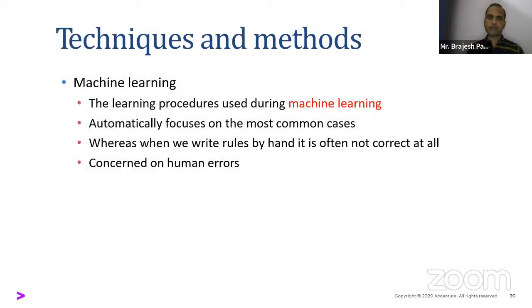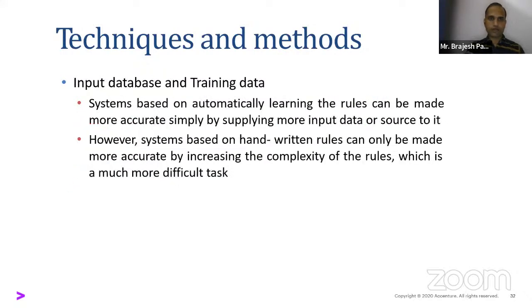These techniques and methods are machine learning techniques actually, right? The learning procedure used during machine learning automatically focuses on the most common cases. When we write rules by hand, it's often not correct at all, and is prone to human errors. Just in the interest of time,